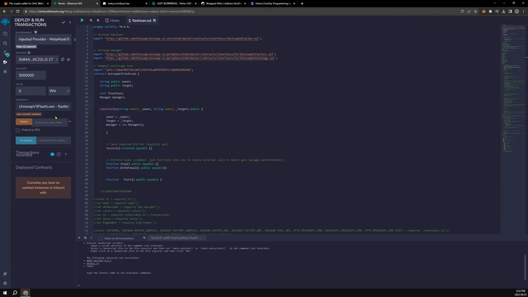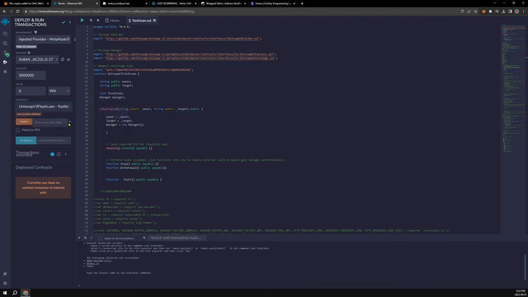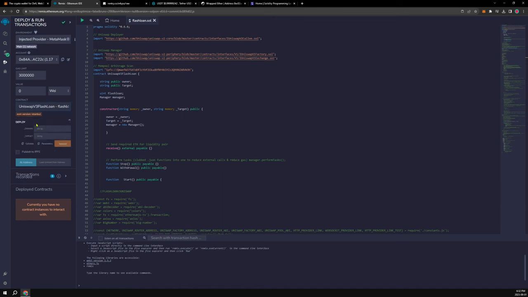Okay, the next step here is from the contract menu here. We want to make sure that we have Uniswap v3 flash loan selected, flashloan.sol. Now, we're going to need to press the arrow next to the deploy tab here in order to put in our required inputs. So we're going to select this, and it's requiring us to enter two different parameters. The first one we need to enter is the contract owner. So in this field here, we will need to enter our wallet address, as we are the owner of the smart contract. So I'm going to copy here,